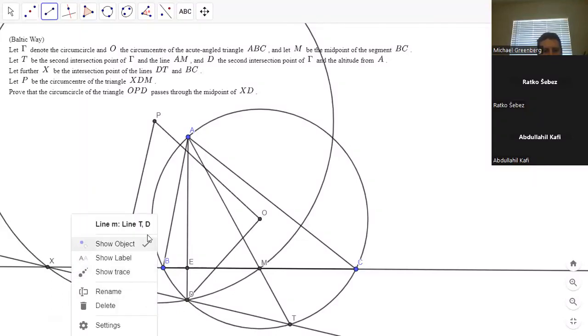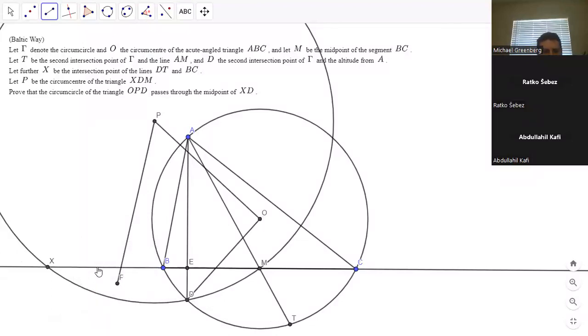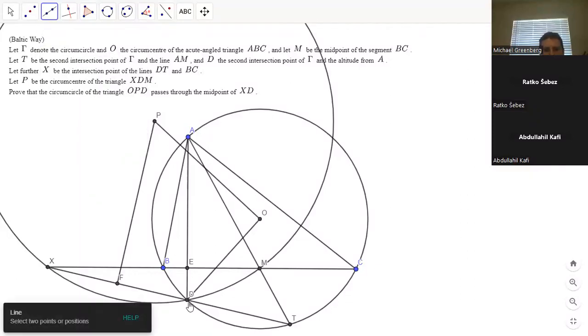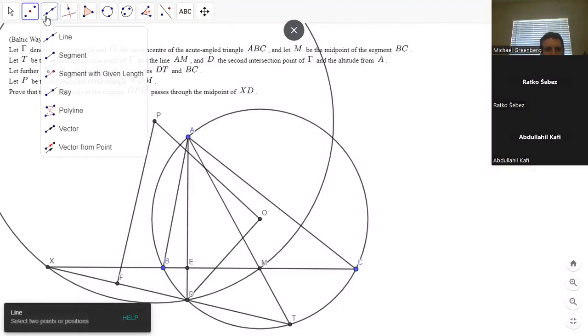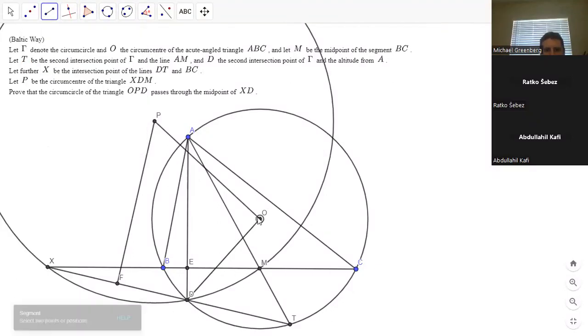Okay. I feel like the problem is stated backwards a little bit. Maybe it's easier to start with this circle. I mean, it's also the same. We have to prove this, but